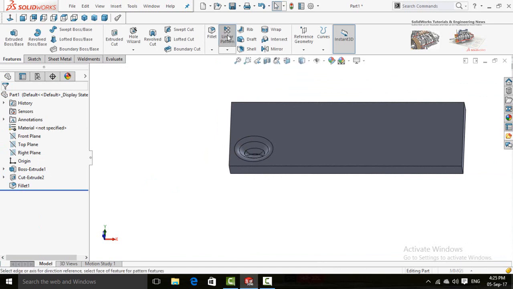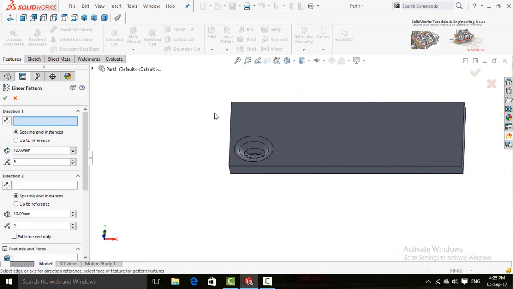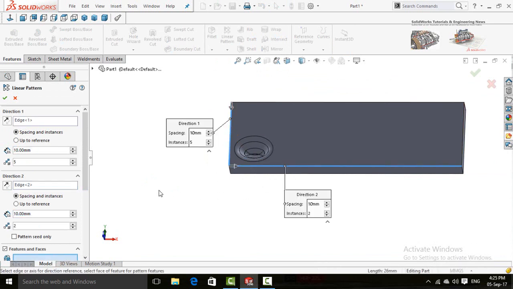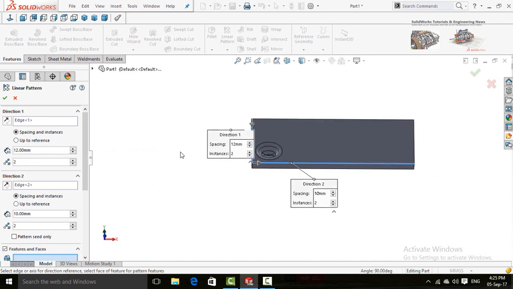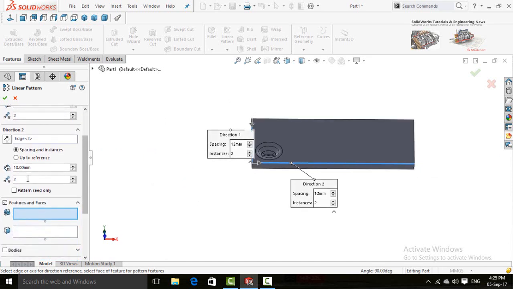Now click on linear pattern button and then select this line as direction 1 and this line for direction 2. In the direction 1 we need 2 instances and the distance between both instances is 12. Scroll down.